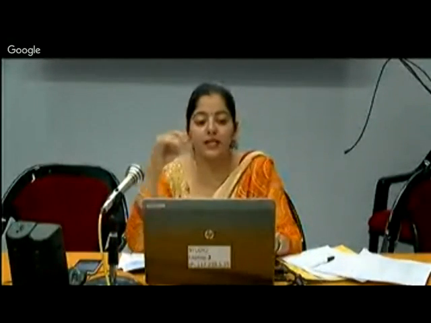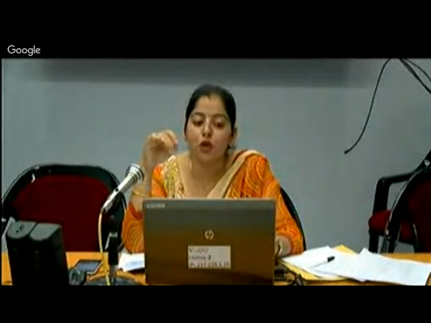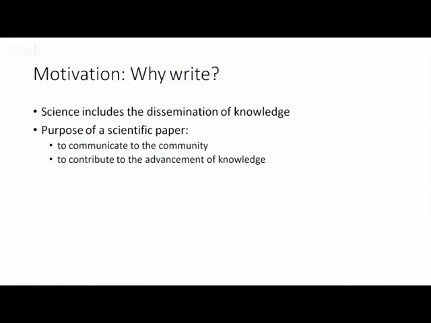Another purpose of a scientific paper is to contribute to the advancement of knowledge. Contributing to the advancement of knowledge means that when you are involved in a publishing process, or want to publish your paper in a scientific journal, always ask yourself whether it makes sense to publish this kind of research, because all